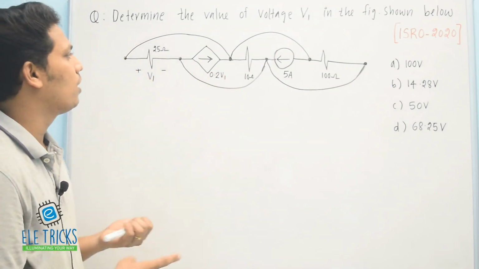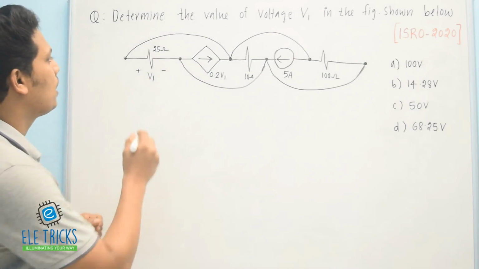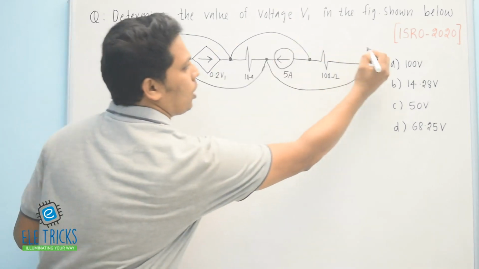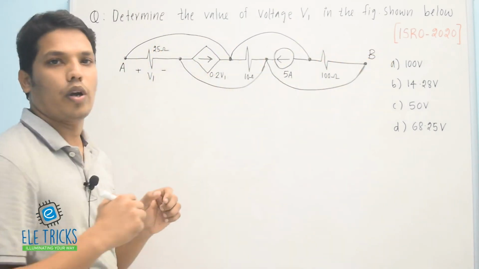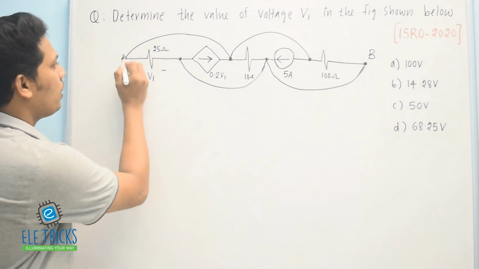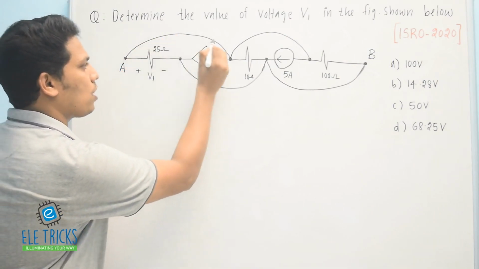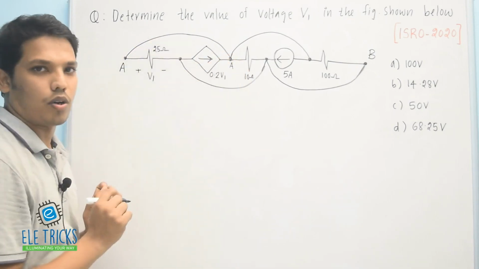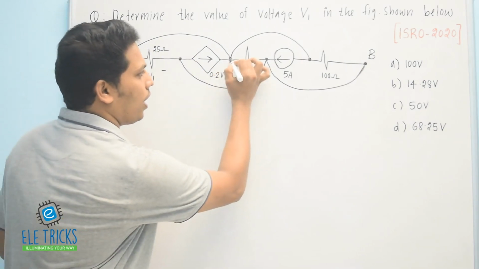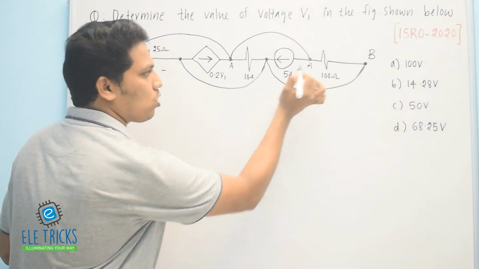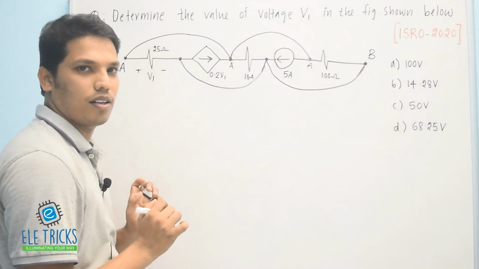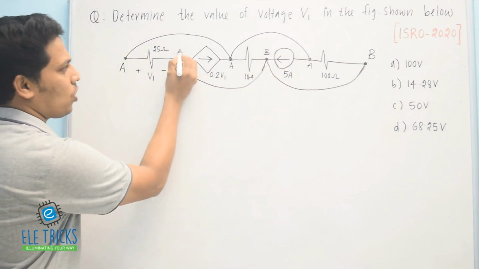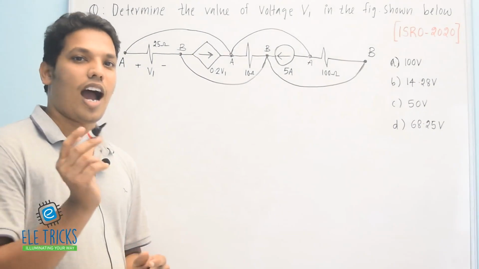From this figure you just see which are equipotential points. I mark this node as A, and I am considering this node as B, because A and B are two independent nodes. Then this node is A, then a short circuit from here, so this node should be A, because the two nodes are short circuited, correct? Then to here the potential is also A, because these two are short circuited. This is B, then this must be B, then this is again short circuited, this is B. I am redrawing the circuit.